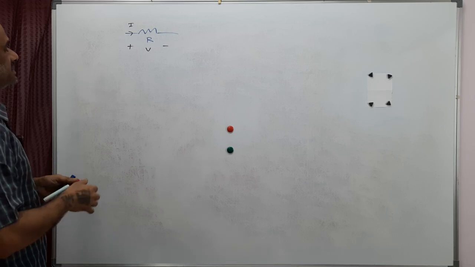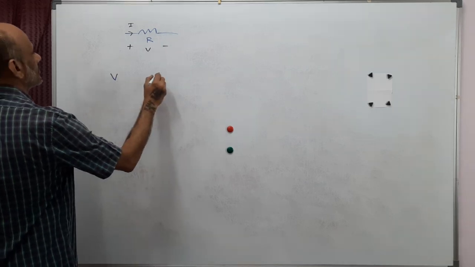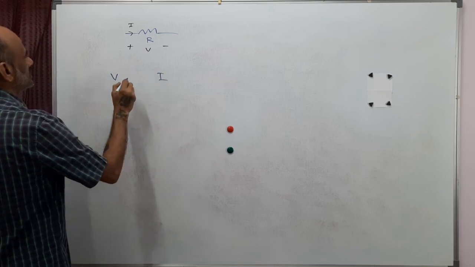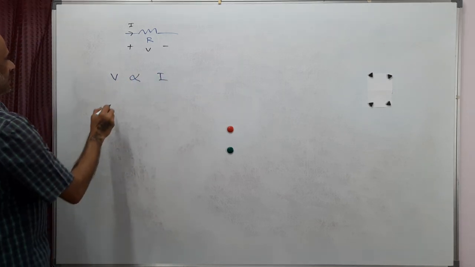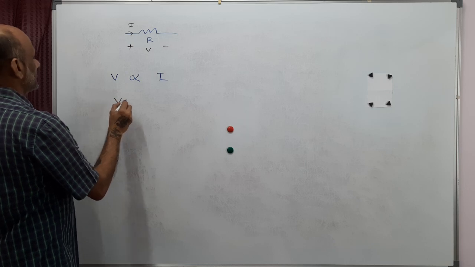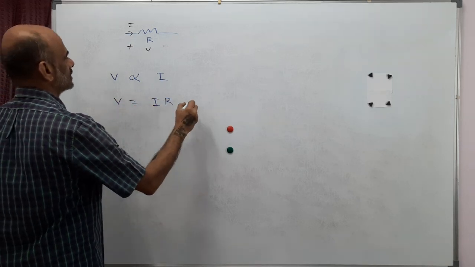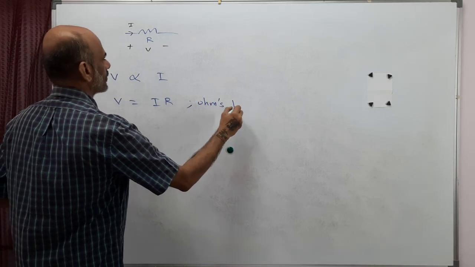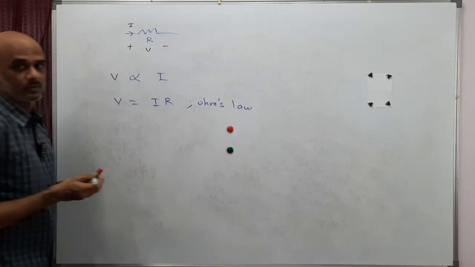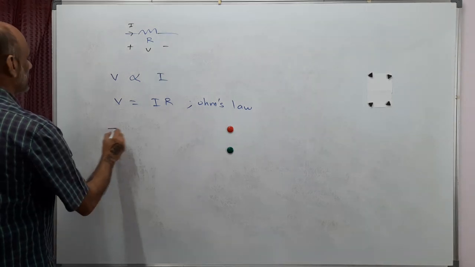If you increase the voltage, the current will increase. That is, current is proportional to the applied voltage. And this constant of proportionality is the resistance value, and this is Ohm's law. So if you draw a table between